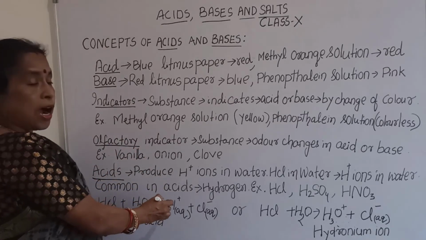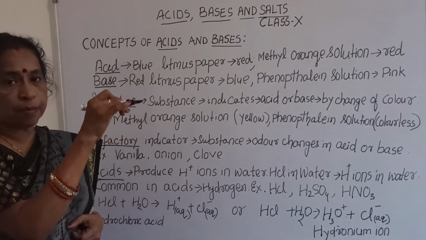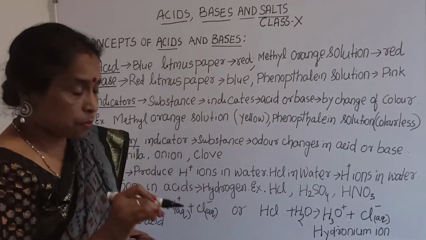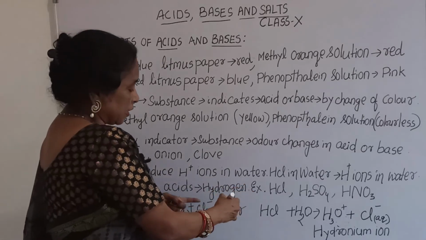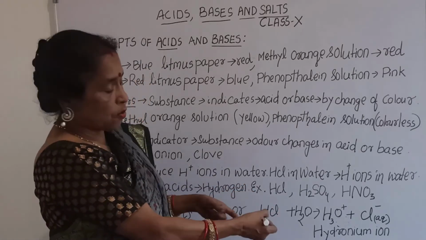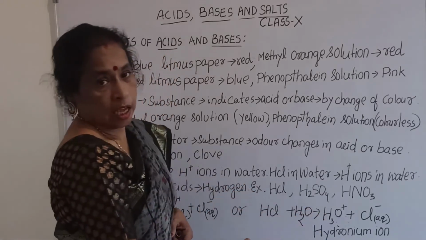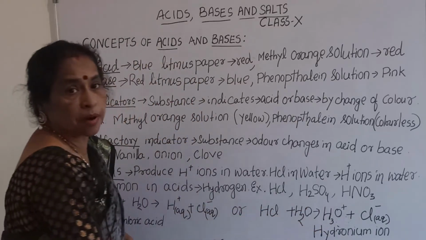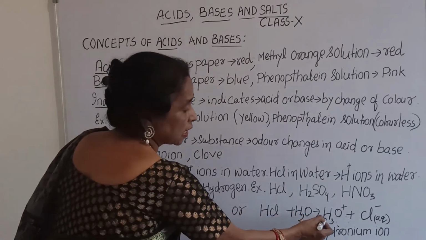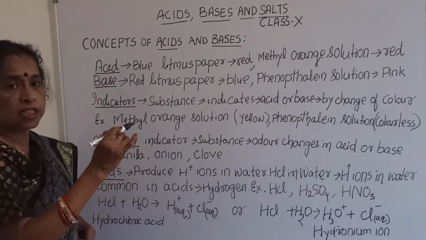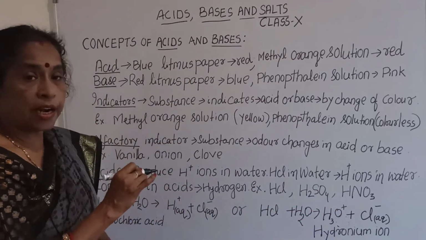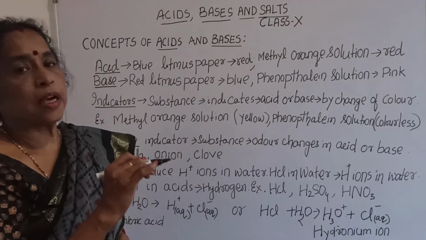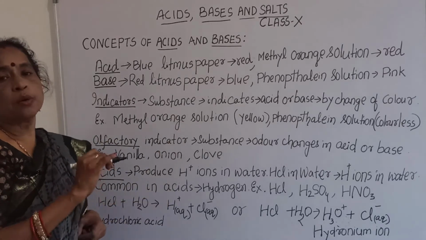Aq means hydrogen ion surrounded by water molecules. Similarly, chloride ion is surrounded by water molecules. Now instead of that you can write this one, because nowadays it is very helpful to use, and this is known as hydronium ion. Hydronium ion, H3O plus, the plus charge on H3O, is known as hydronium ion, and chloride Cl minus aq, because the chloride ion is surrounded by water molecules.